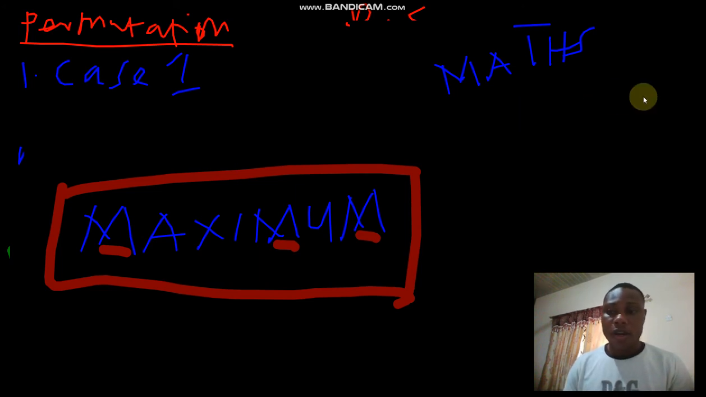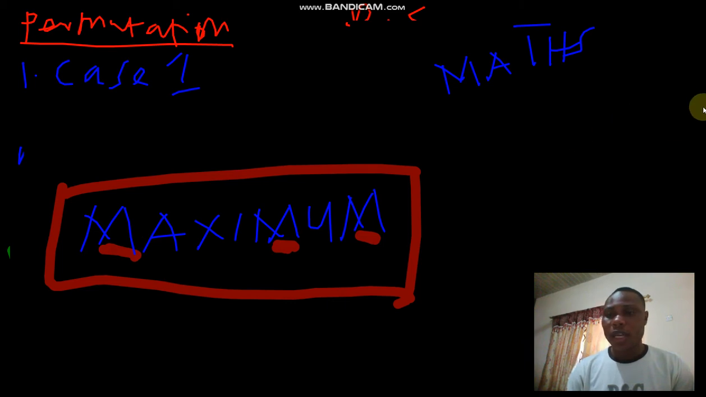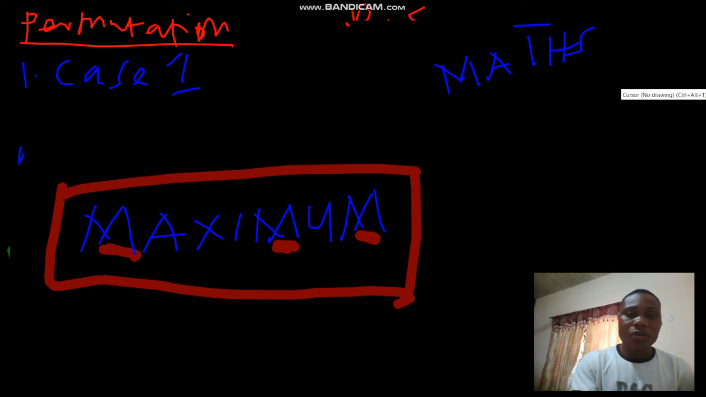And in part 1 we were looking at the number of ways to arrange the letters of the word maximum. This word maximum has identical objects: we have triple m's, which are identical. So how do we find the number of ways these letters can be arranged? Since we have identical elements, our new case